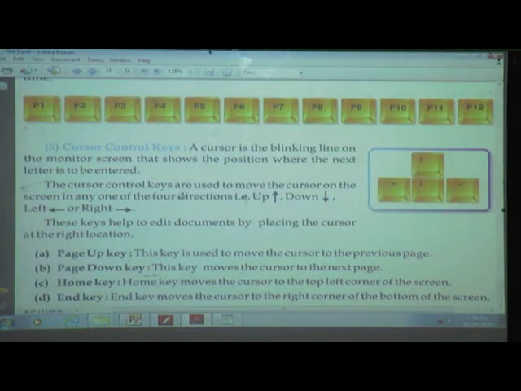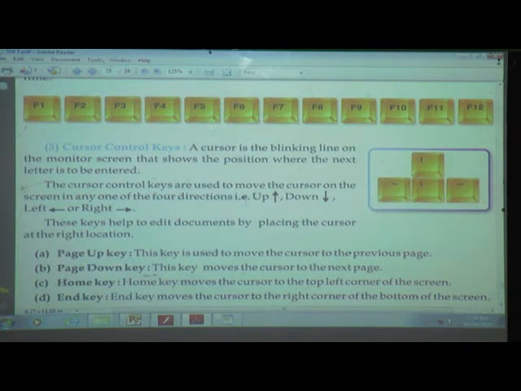The cursor control keys are used to move the cursor on the screen in any one of the 4 directions, that is up, down, left, right. If you want to move the cursor, that time we use these cursor control keys or arrow keys.